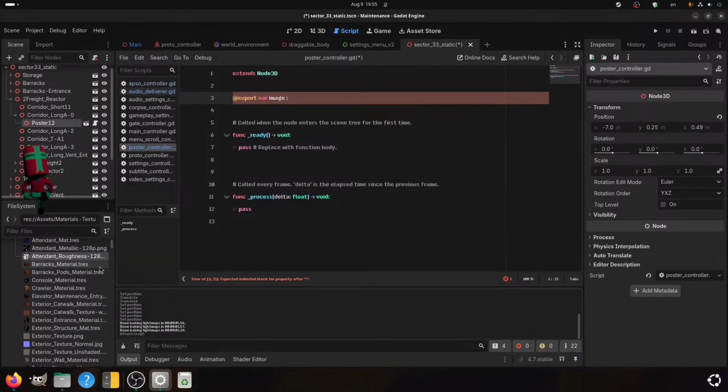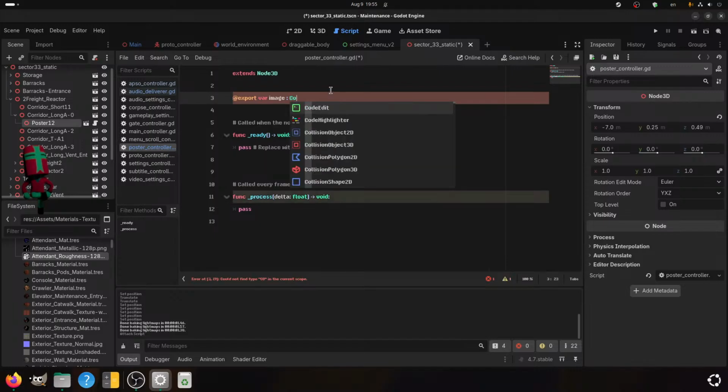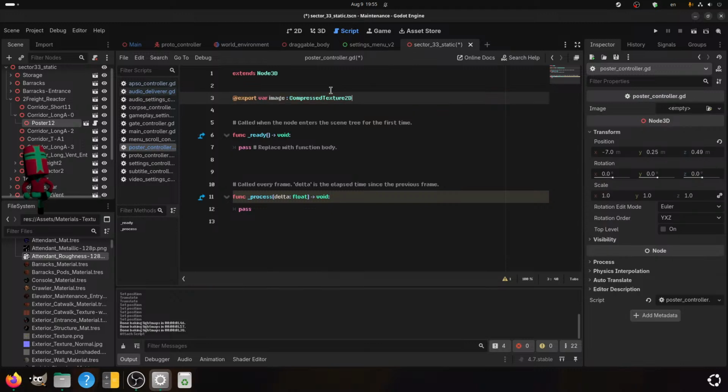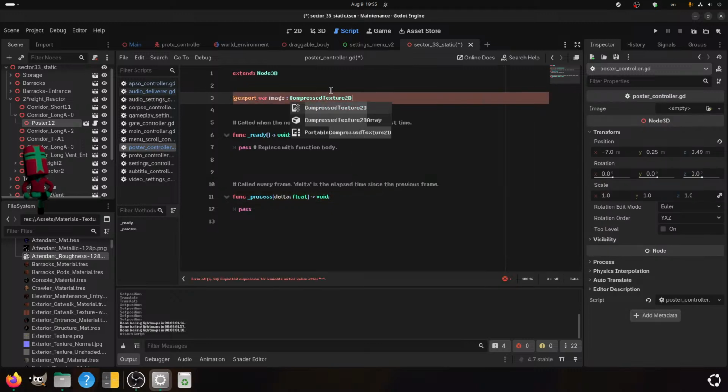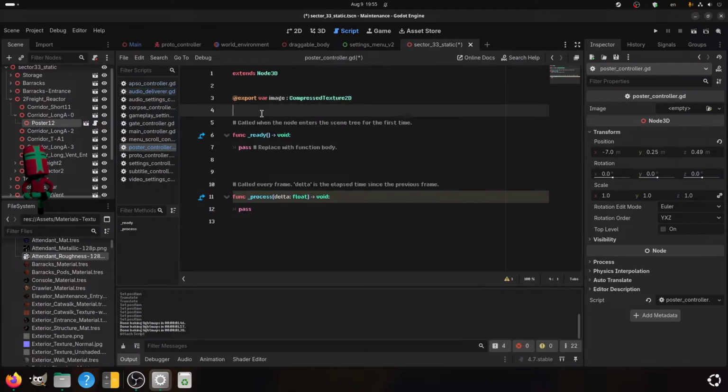What are you? Compressed texture 2D. Image, compressed texture 2D. That, yes. Export var image compressed texture 2D.